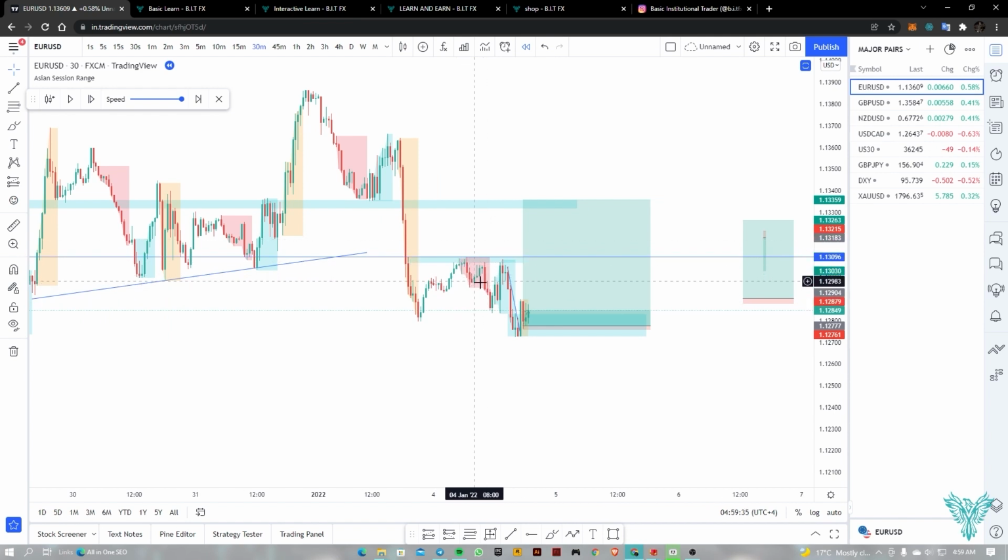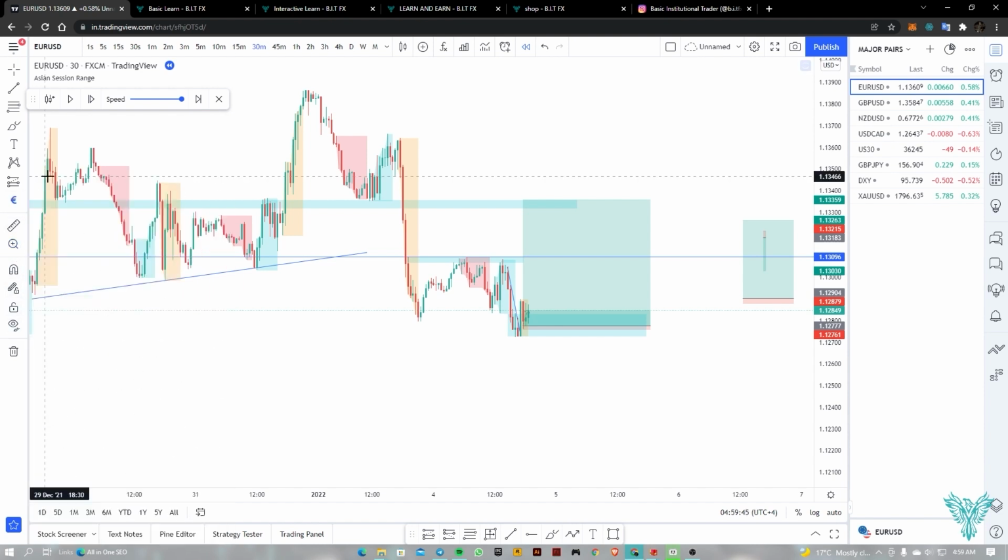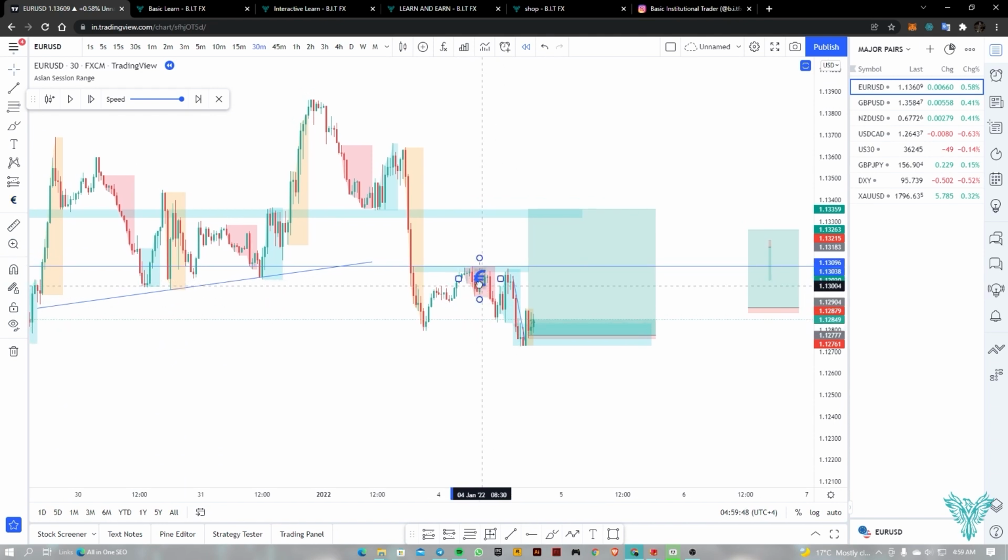So let's say this is a bag of money right here. So what we can do is we can find a symbol. We get symbols from right here, and let's say this is a bag of money right here, and this right here is a man standing, and this is an uphill. So the man is standing there and he sees his bag right here. So now what he will do is he will go uphill, he will climb, go take the bag, and then potentially look for another bag maybe up higher, or maybe he's too tired and he will come down again